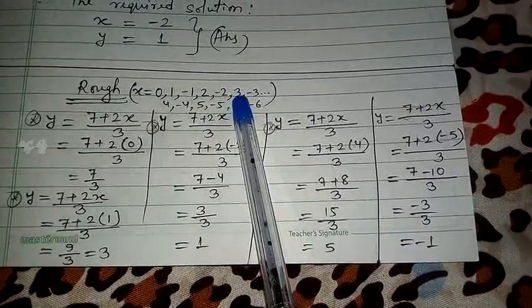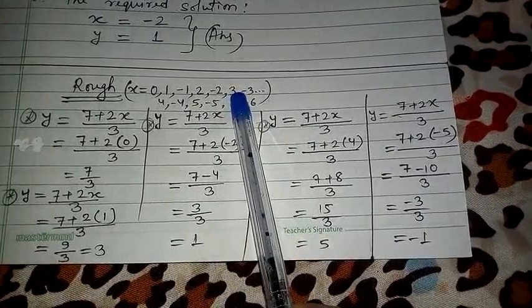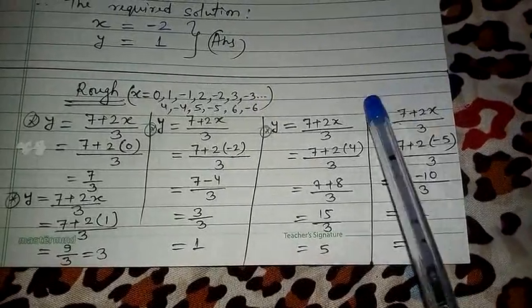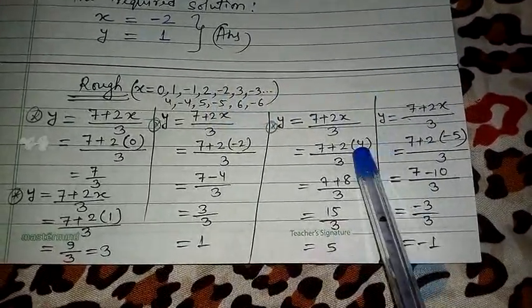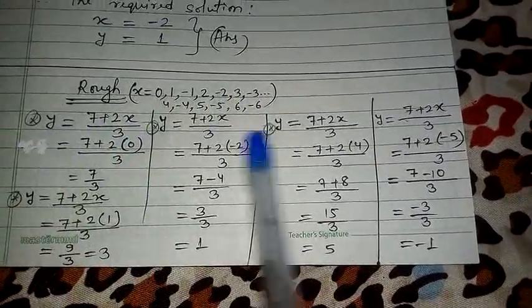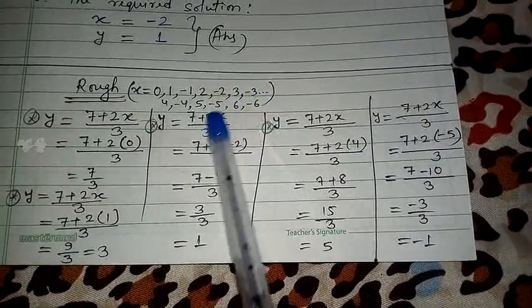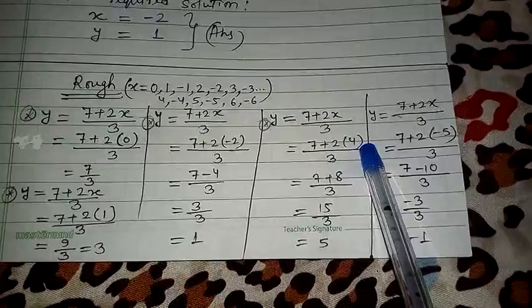Next I will put the value of x as 3 and minus 3, and I think that was not successful. The same kind of problem came. So I have put the value of 4. You can check from your part also. So now I have put the value as 4.